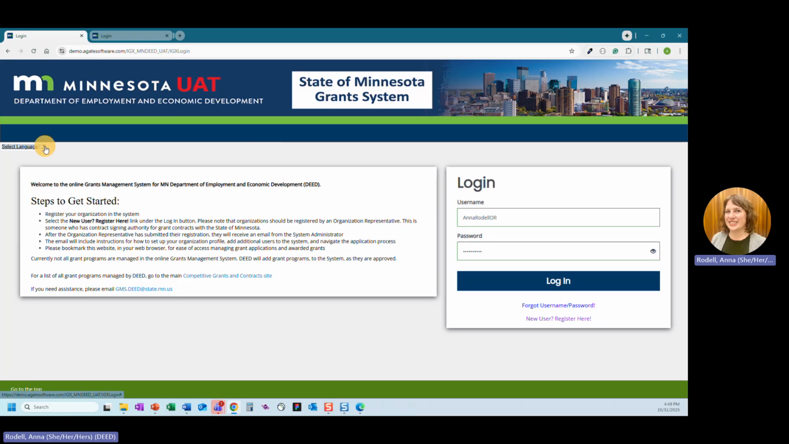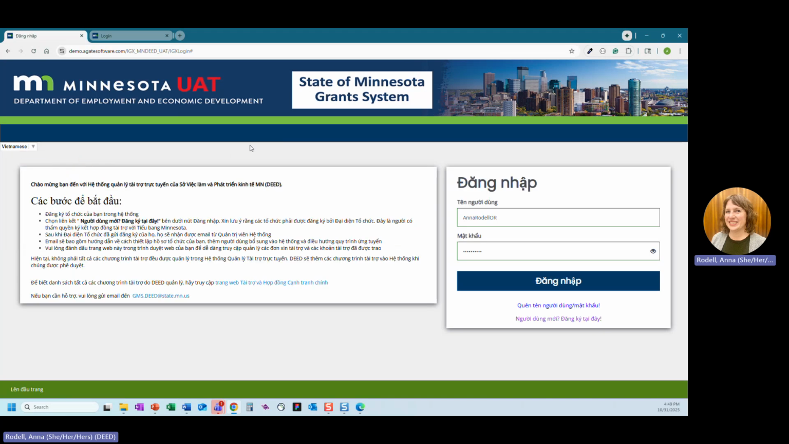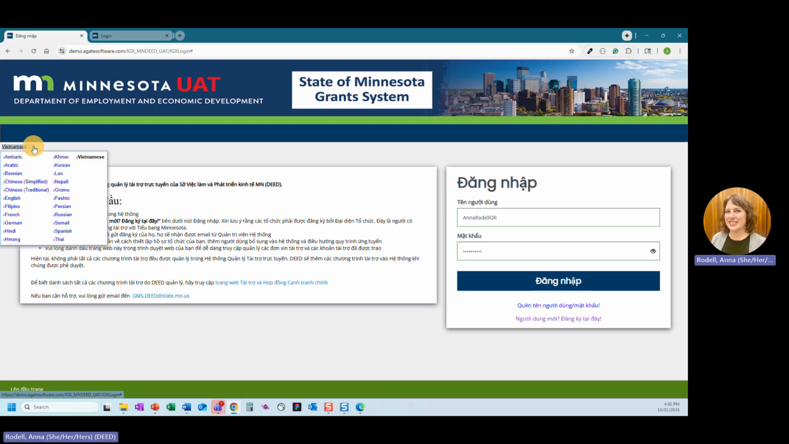But you can select your language of choice by clicking on this drop-down icon and choose whatever language you would like to have it transcribed to. So if I select Vietnamese, I can see that now the site is transcribed in Vietnamese for me. Again, all answers that you submit should be in English, but this is a helpful tool if you need help with language transcription across the website. So I'm going to switch it back to English here